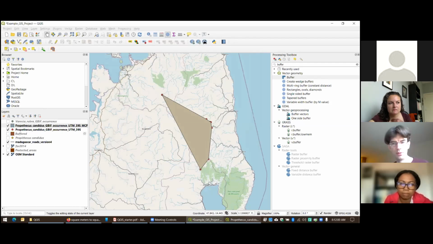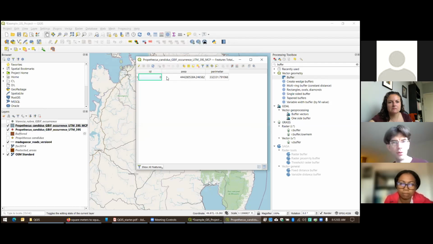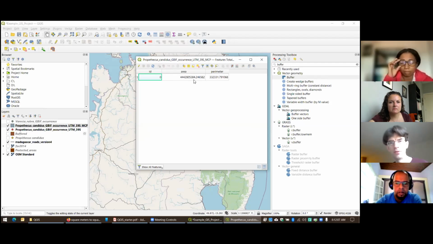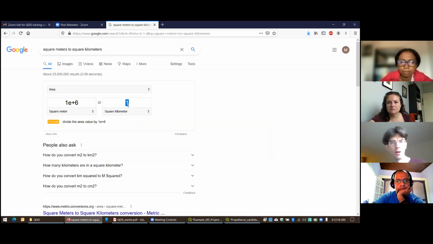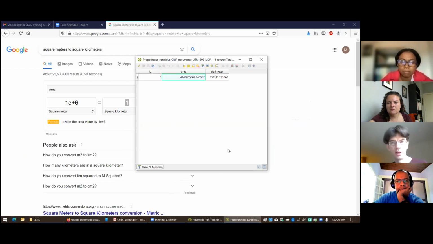So when it calculates the area, oh, it's not going to let me do that while I've got that open. So when I calculate the area here, I know that this is in square meters because the projection is in meters. So this is square meters. And then I just simply did a Google translation to say, well, how many square meters equals 1 square kilometer in order to be able to convert that in my mind, at least, and I could write it down in square kilometers. Okay.